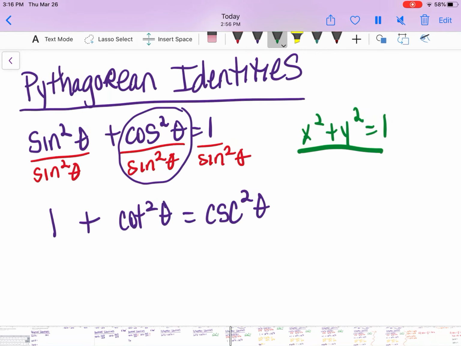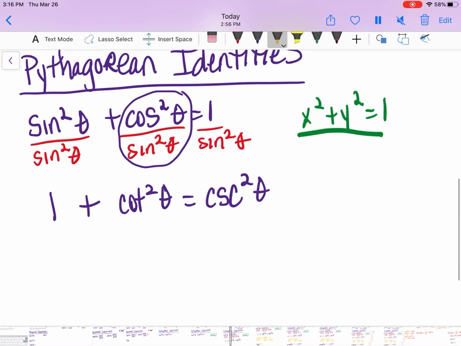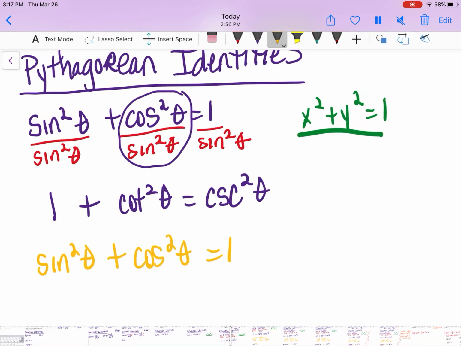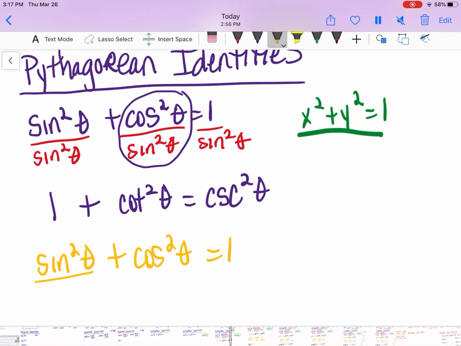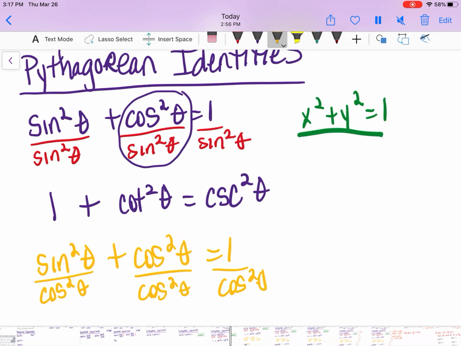Now for the third Pythagorean identity, same idea. We're going to start out with that first one again: sine squared theta plus cosine squared theta equals 1. I'm going to show you this in yellow just so you can separate the three. If I take that original identity we started with, this time instead of dividing by sine squared theta, I want to divide by the second term, cosine squared theta. So once I divide everything by cosine squared theta,